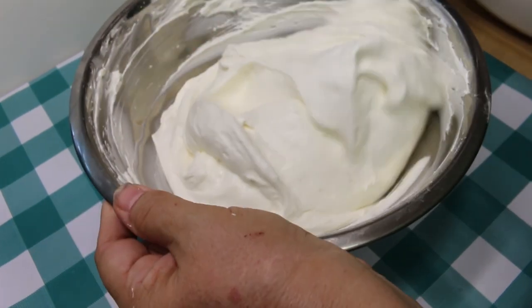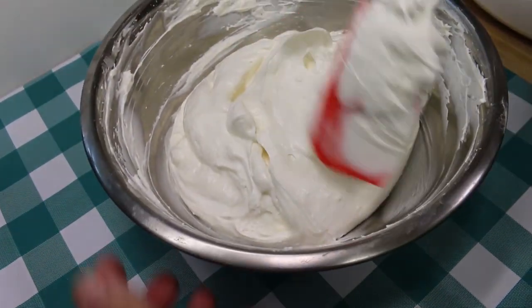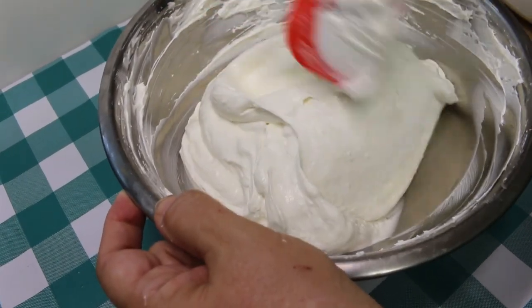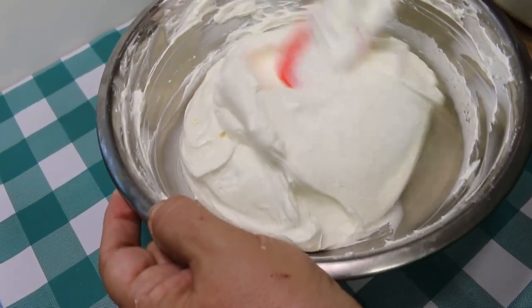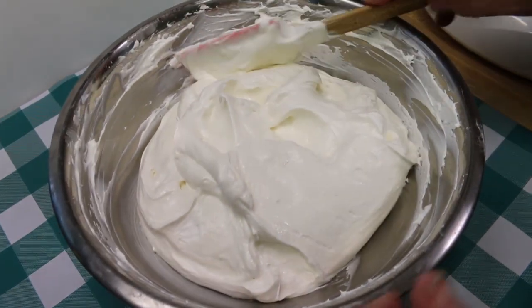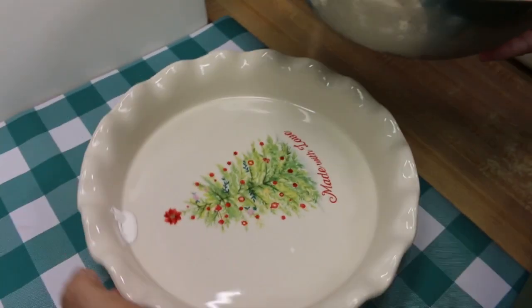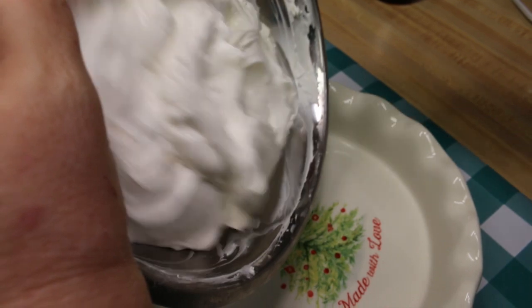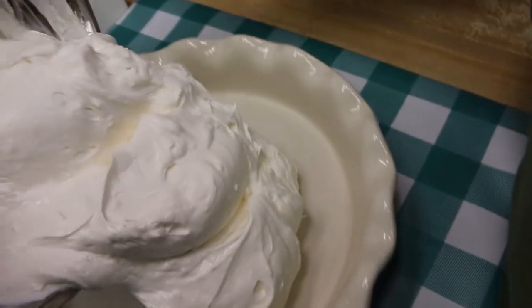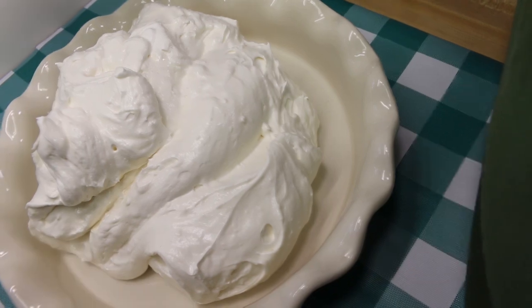Now, we're going to put this in a pie dish so that we can serve it on a dessert tray or buffet. It's a great thing to take to a picnic or potluck, barbecue, what have you. But you could also make little cheesecake parfaits with that. Look, there's a little marshmallow cream that escaped. And you could put this in little plastic cups if you're going to serve this to a crowd. Put this in some little plastic